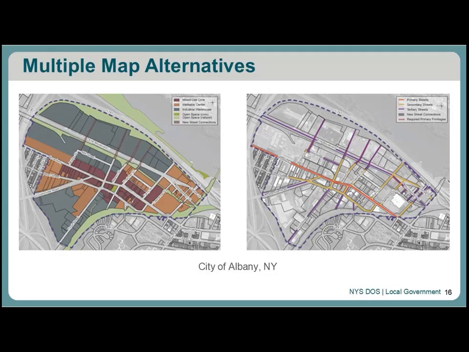One on the left addresses land uses, and the one on the right addresses buildings and frontages that are based on the type of street. So in this one, it's collector streets versus local neighborhood streets, and it kind of gives you an idea of the form that they're looking for. So I think there are very few municipalities that have gone fully form-based, but some typically do it by certain neighborhoods where they're trying to achieve more of a look. So that might be something that you might consider in your community as well.